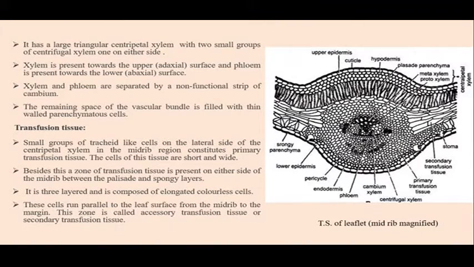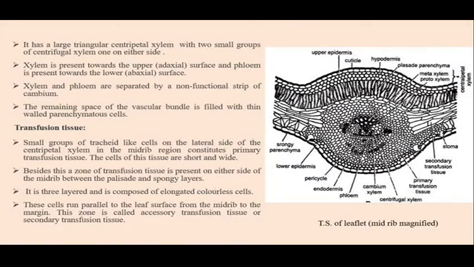Next is the transfusion tissue. One of the characteristic features of the anatomy of the leaflet of Cycas is the presence of transfusion tissue. Transfusion tissue consists of two types of tissue. One is the primary transfusion tissue and another is the secondary transfusion tissue. Here along the side of this vascular bundle, you can see these tracheid-like cells on both sides. So this small group of tracheid-like cells on the lateral side of this centripetal xylem in the midrib constitutes